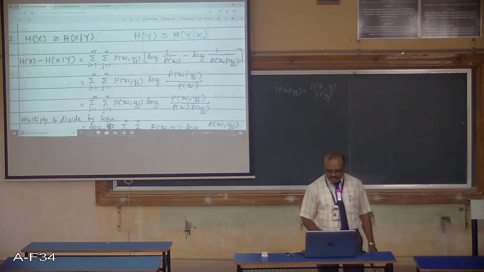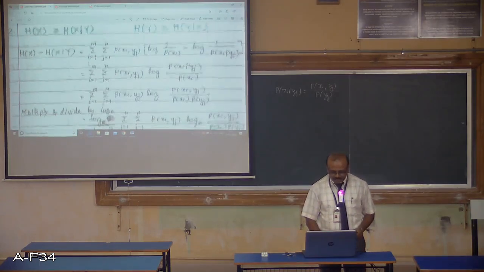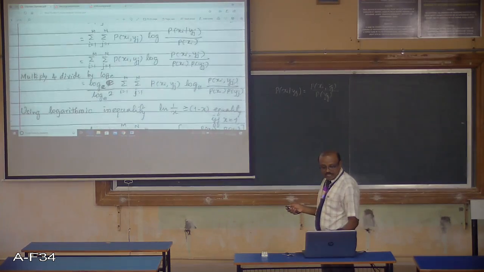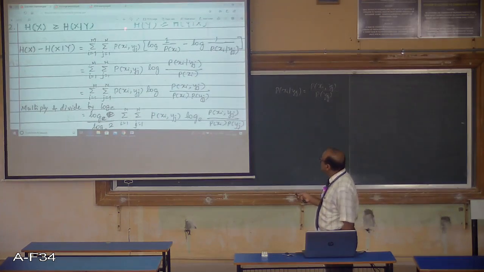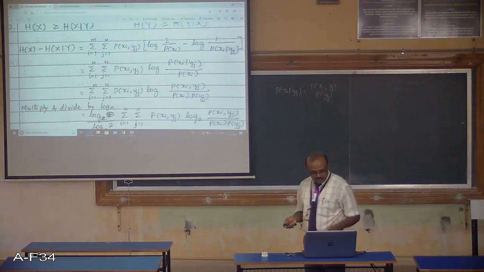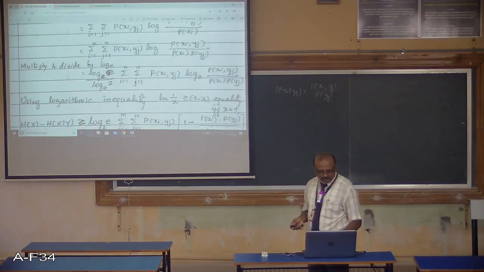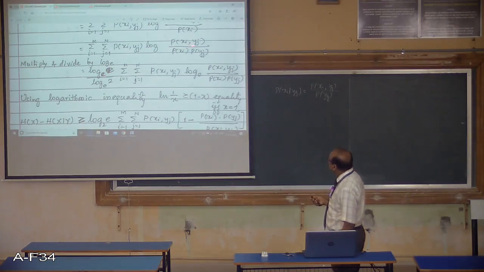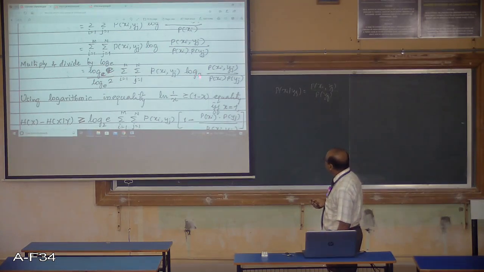Then we have studied logarithmic inequality. So converting this base, the base for all this is by default 2. Log is base 2 here by default, and this base 2 is being replaced by base e, natural logarithm, which we have studied in logarithmic inequality. So replacing this log to the base 2 by base e, we get this log e to the base